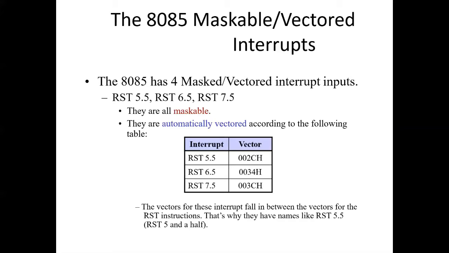Number 1, the RST 5.5 and RST 6.5 internal interrupt signal is active. Number 2, higher priority internal interrupt signals are not active. If these conditions are not met, even though the RST 5.5 or RST 6.5 pins are activated, the 8085 does not get interrupted. In such a case, these pins should remain high till these conditions are met in order to interrupt the 8085.